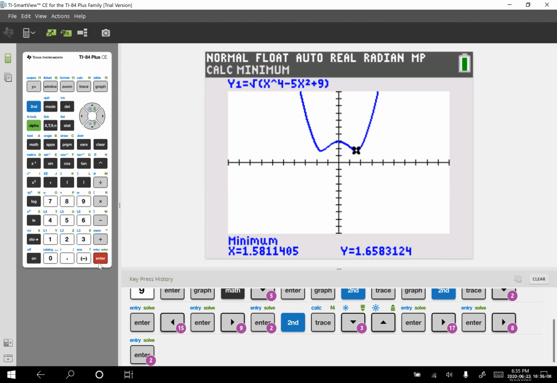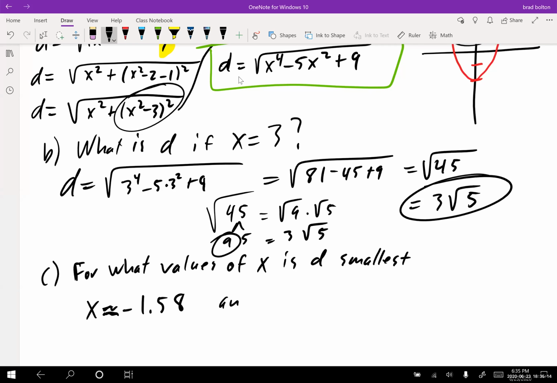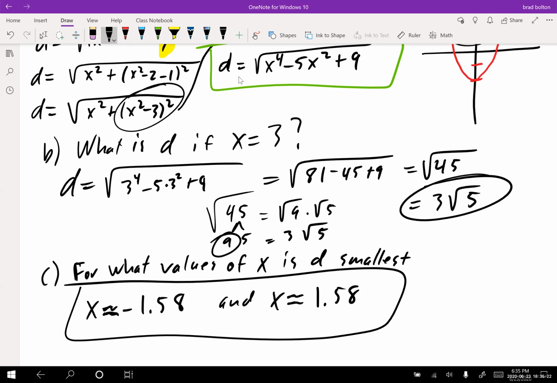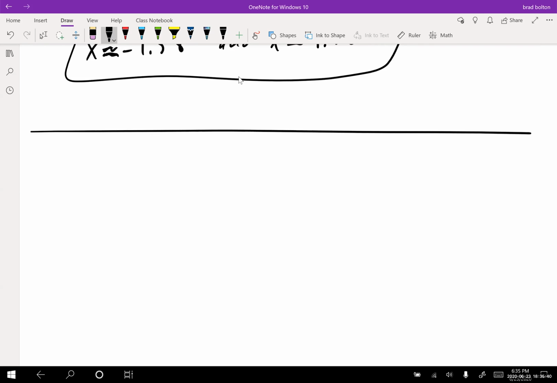Very good. So we say x equals approximately 1.58. So these would be the two values that would minimize the distance on the graph. So this is an important problem for Calc 1. Right now, we're just kind of learning it. We're just kind of talking about it. It's not too crazy, but it is something you want to understand. Now, I'm going to give you guys another one, and we're going to say a rectangle